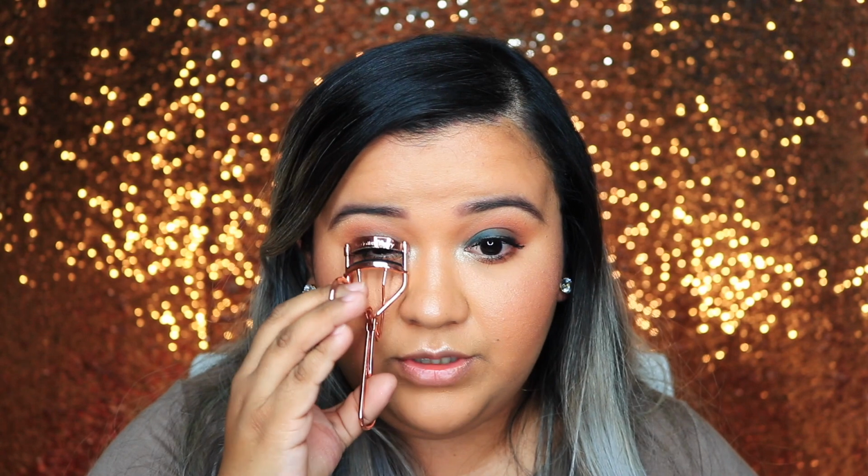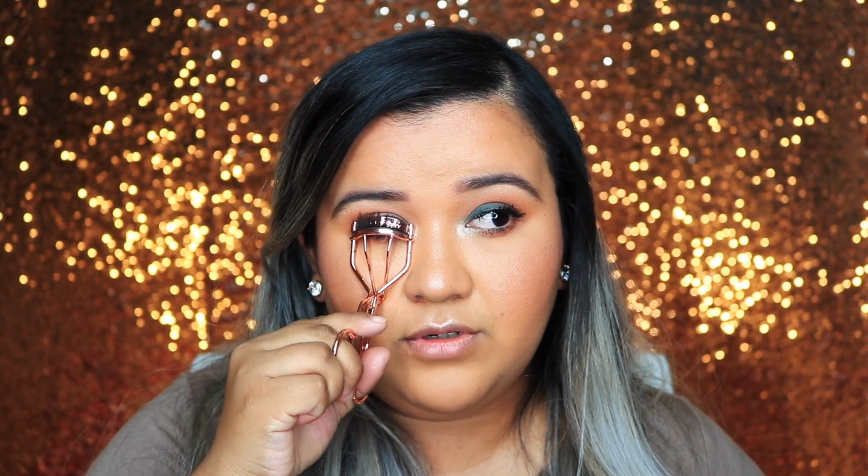So now I want to go in with my lash curler and see if I can curl them any more. That's another thing that I typically do with my mascara once the mascara is fully dry, and it dried pretty fast. That looks nice. For me to be excited and have this reaction about a mascara, this is kind of crazy